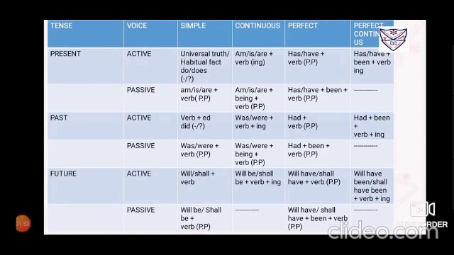For past perfect continuous tense, active: had been washing. For the past perfect continuous tense, passive voice is not possible. Now for the future perfect continuous tense, active voice: will have been washing, shall have been washing. Again, for the future perfect continuous tense, passive voice is not possible. So in total, for 4 subtenses, the passive voice is not possible. We only have to deal with the 8 subtenses for changing the active voice to the passive voice.